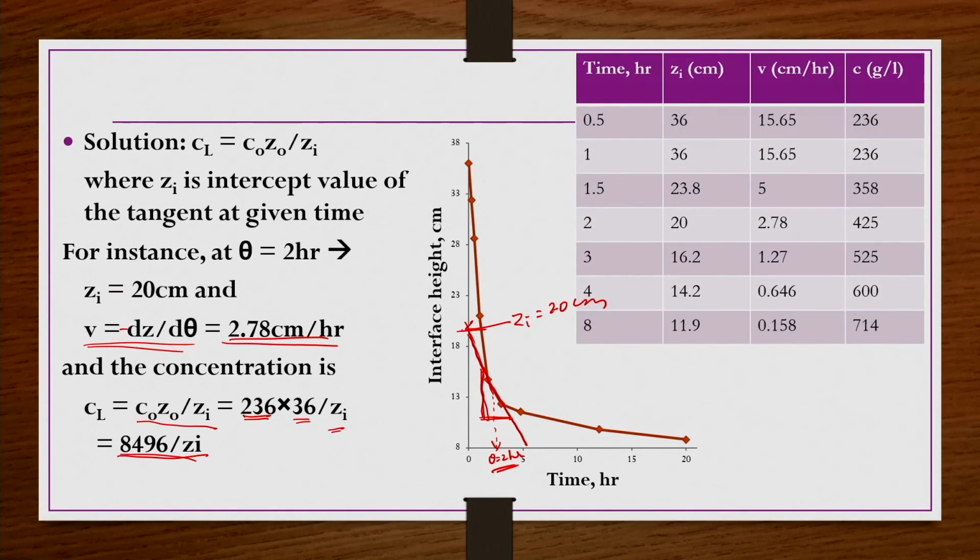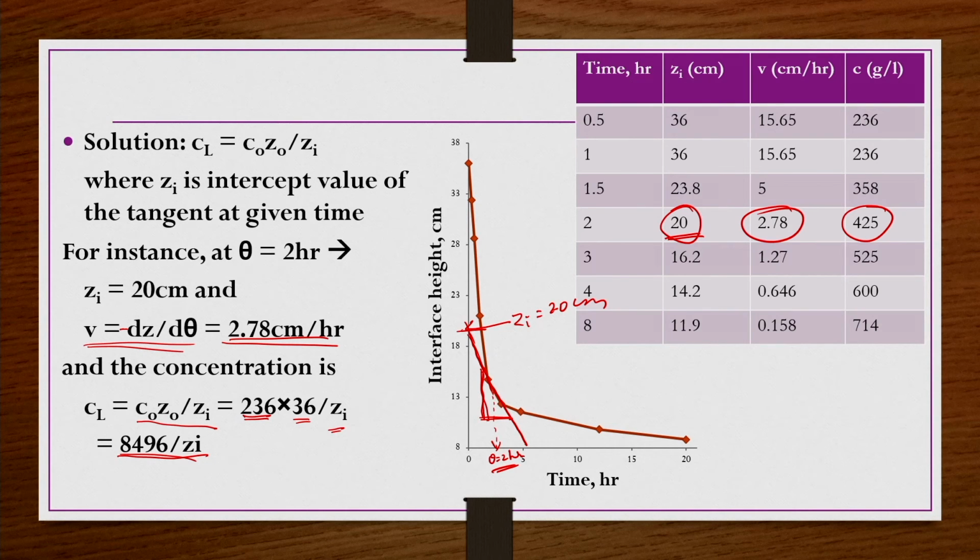So, when you do that, you will get this. Let us say CL at 2 hours time, Zi we already got as 20. So, 8496 divided by 20, if you do it, it is coming to be something like 425 roughly, right. And then V at this point, minus dz by d theta at theta equals 2 hours, we have already seen it is 2.78,